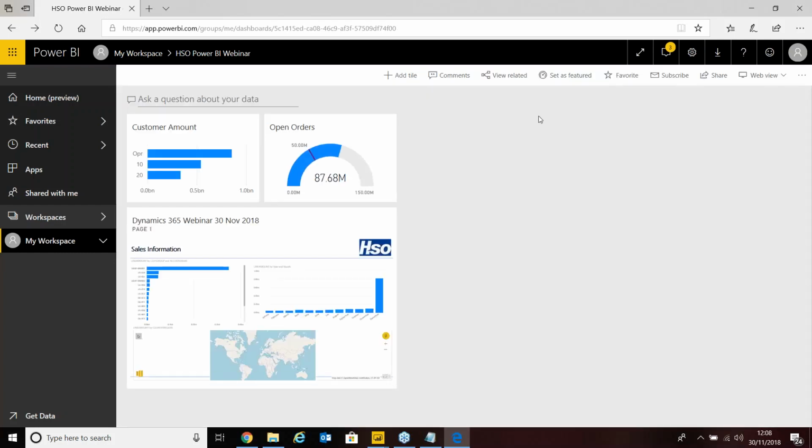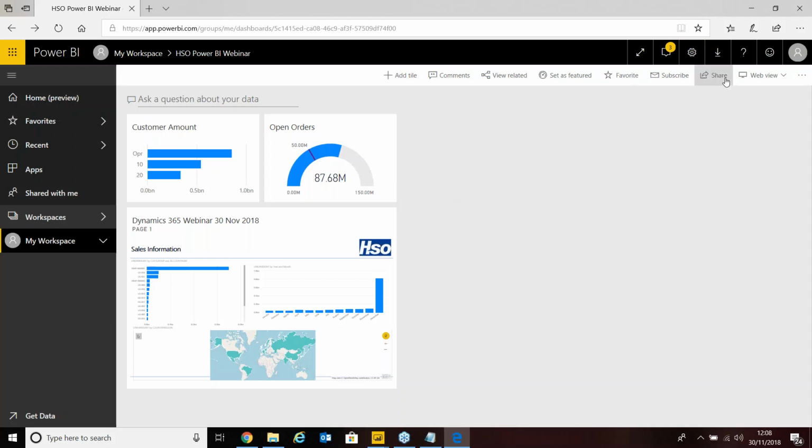So things like, sales or line amount for 2012. And it will pop up with a chart and create a chart. Once we've done that, we can add other tiles as well if we wish to. But now we've created a dashboard, we published a report, we've created a dashboard, we'd like to